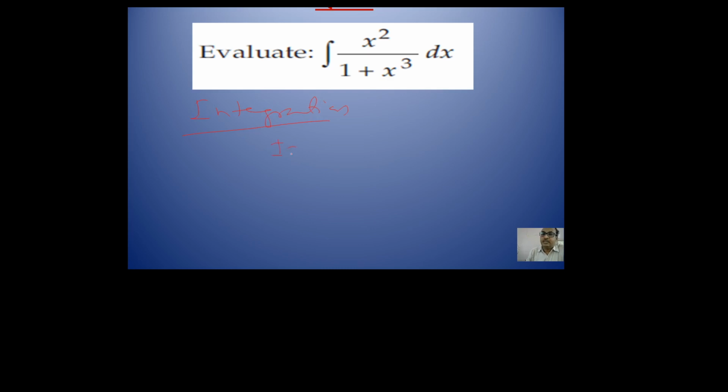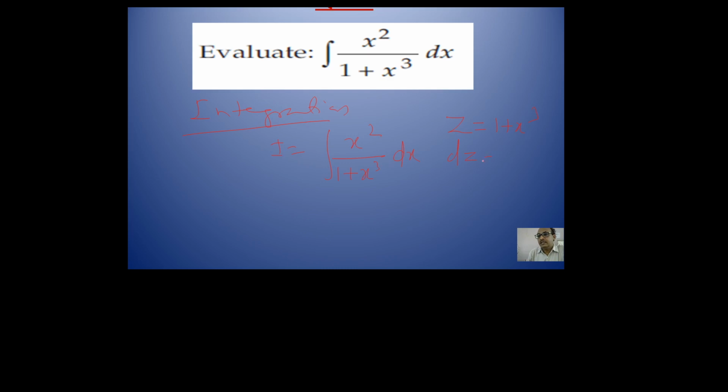And this I is given to us. So this is very easy. Just substitution method we need to apply. So we have to go for substitution of denominator. Let z is equal to 1 plus x cube. So once we are going for differentiation, dz will become